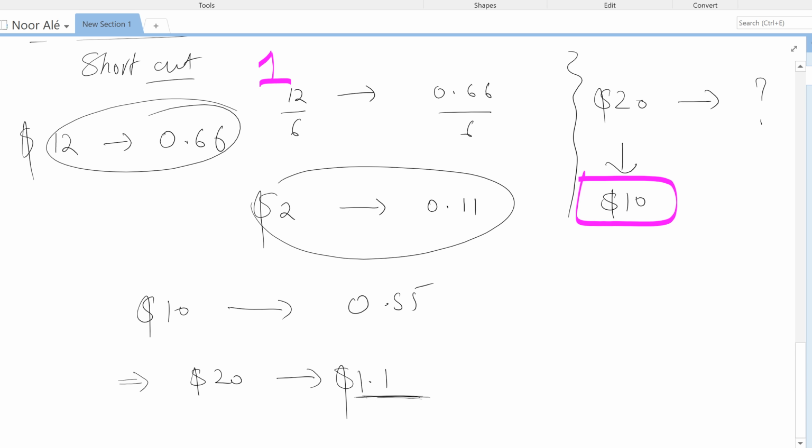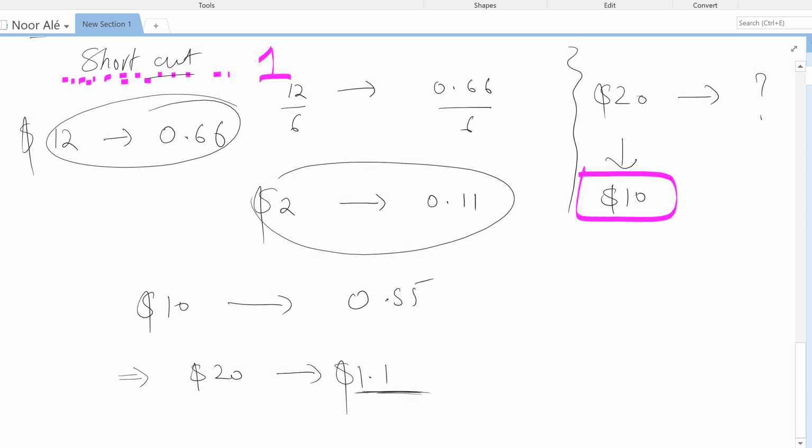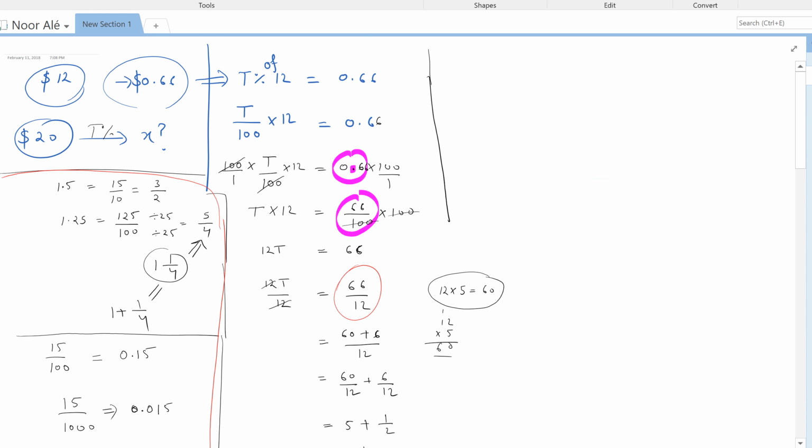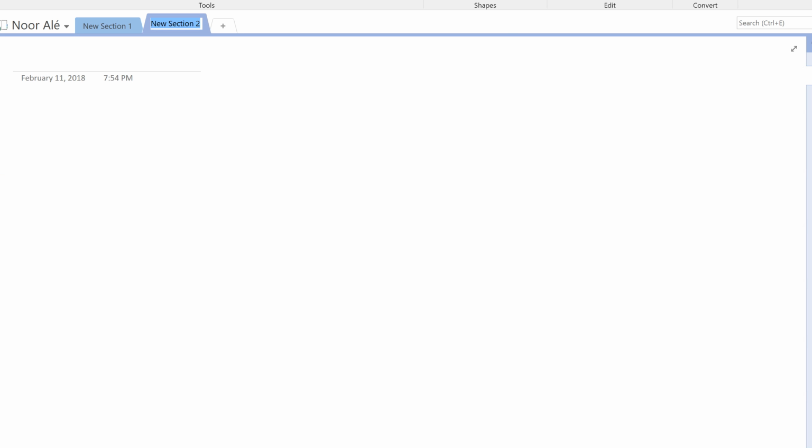Wow. All right, so that was that. Now that is one page. I'm going to open the next page. All right, so